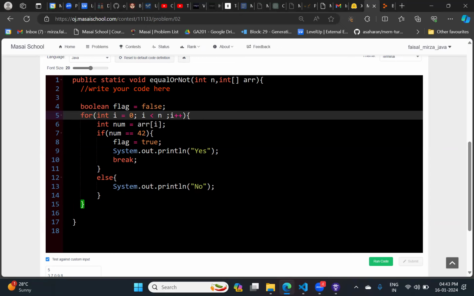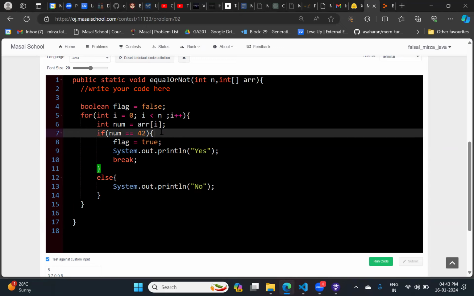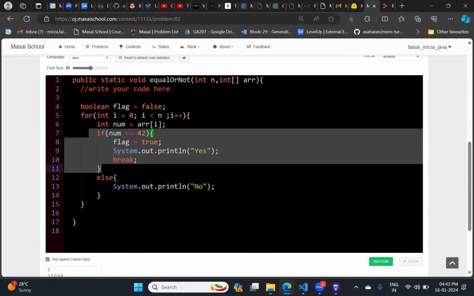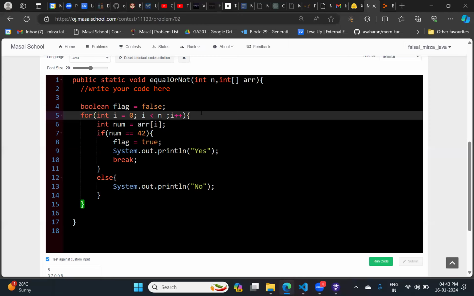Line number 7, okay. Then take this whole thing outside the for loop, and flag true and break stay inside the for loop. This is inside the for loop only.